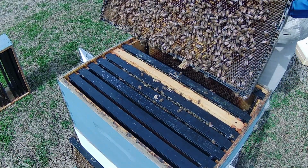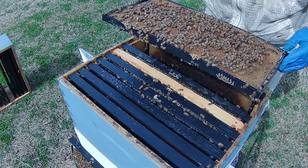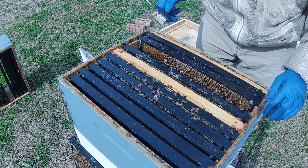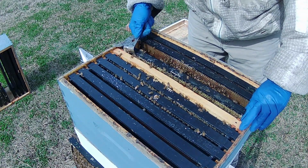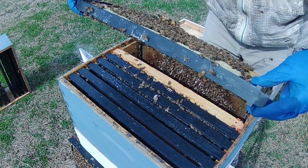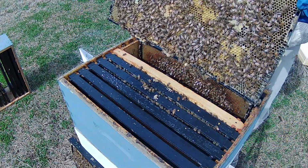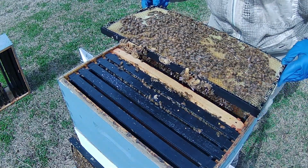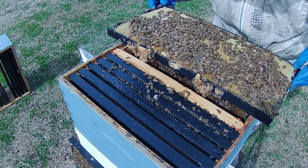So let's see what we got on this right here. So this is all bee bread and fresh nectar right here. No queen on this side, no queen on that side. All right, the next frame has a good amount of bees on it, I see. Come on, girls, watch out. Okay, so we got brood on this side. Decent amount of brood, a lot of bees. Looking for the queen as we go through. This got brood, honey, and bee bread. Okay,